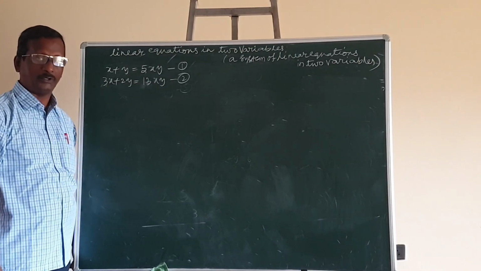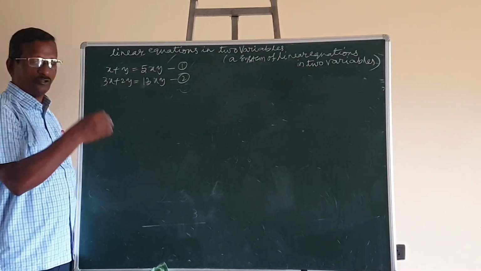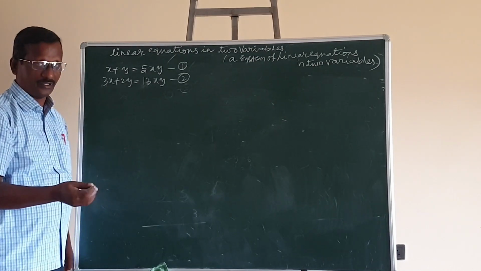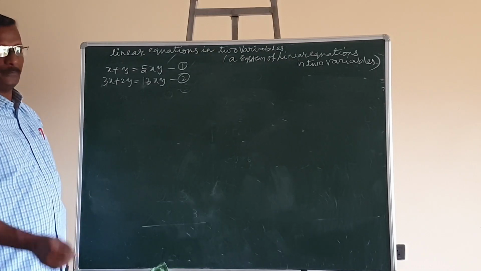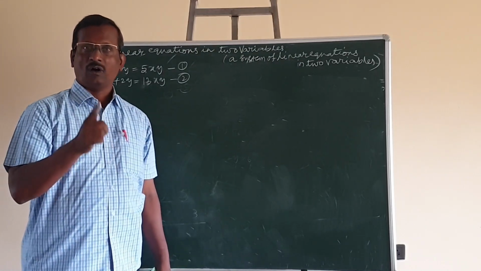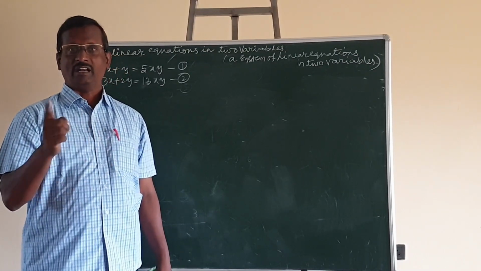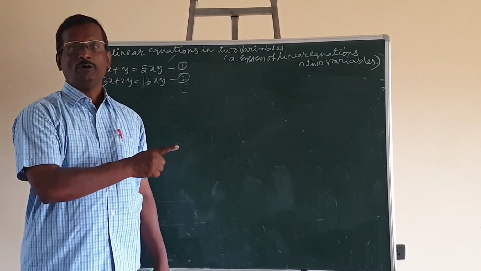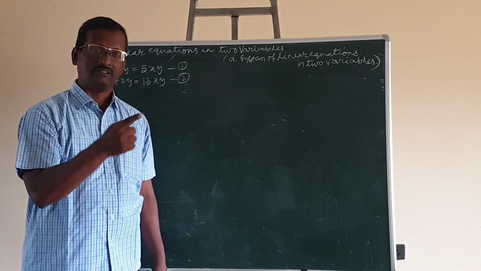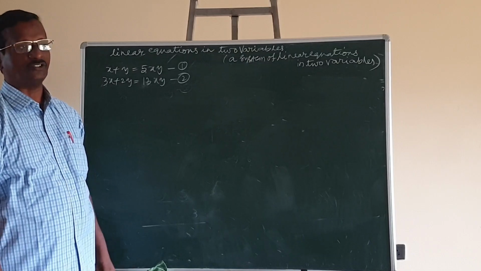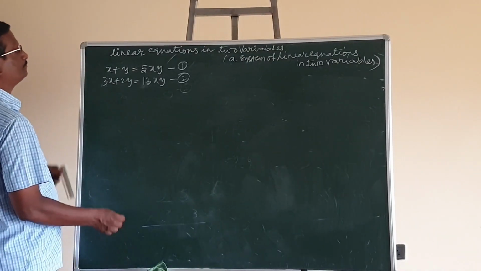Even then, it's possible to use the rules of linear equations by reducing the equation or without reducing. Now I want to teach an alternate method without reducing. Suppose in the examination you are asked to reduce the equations into linear equations in two variables, then only you have to reduce. Otherwise, if it is given simply to solve, then there is no need to reduce the equations. Direct alternate method. Let us see.